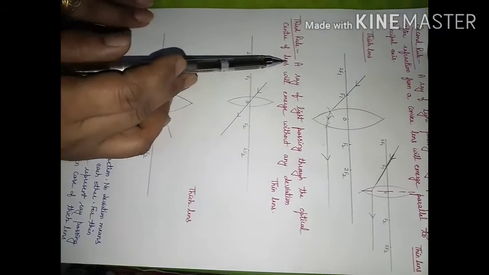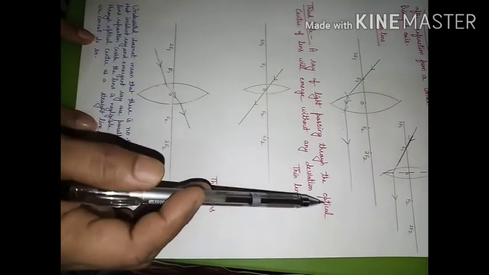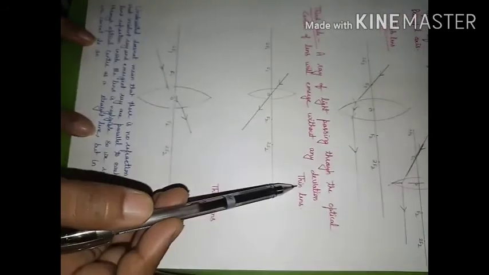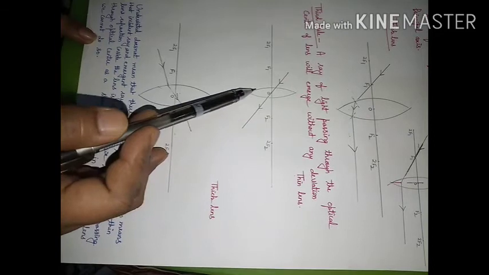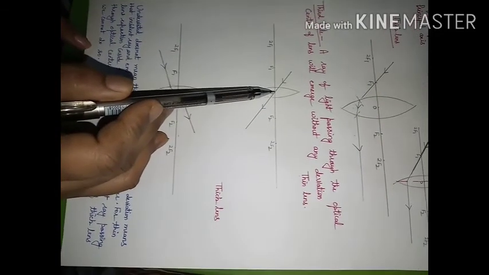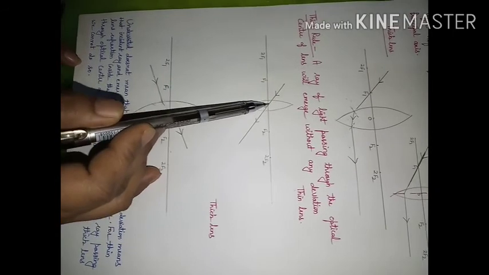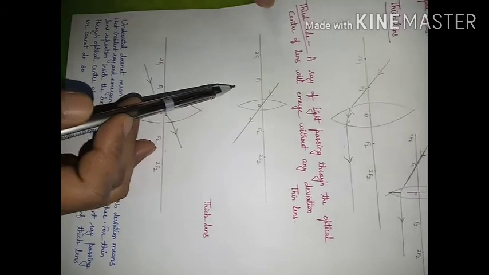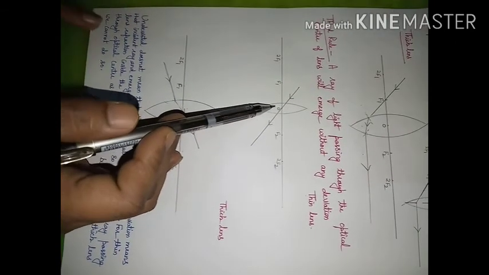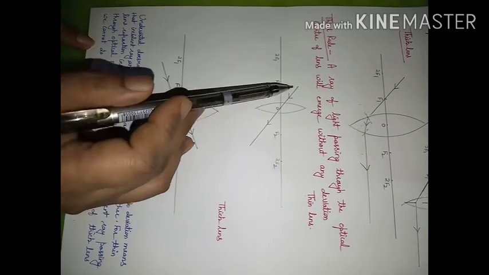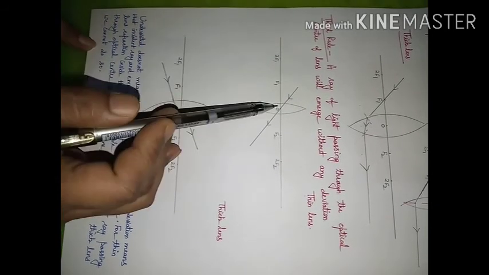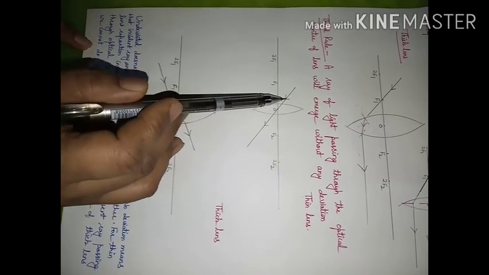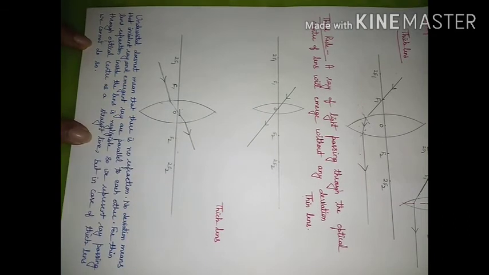The third rule that we are going to consider: if a ray of light is passing through the optical center of a lens, then it will go without any deviation. This is the diagram we have considered for a thin lens. So this is the ray of light. It will pass through the optical center without suffering any deviation. It doesn't mean that refraction is not taking place. Refraction in the sense that the speed of light will change when it goes from rarer medium to denser medium, but the change in path is very small. So we are going to consider that it almost follows the straight line path.